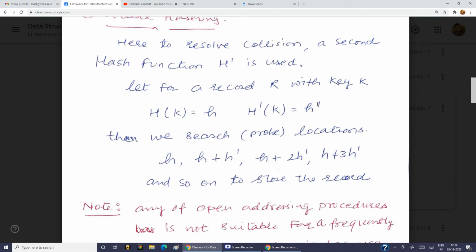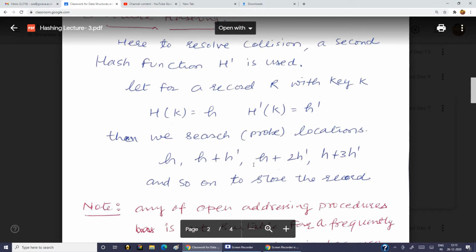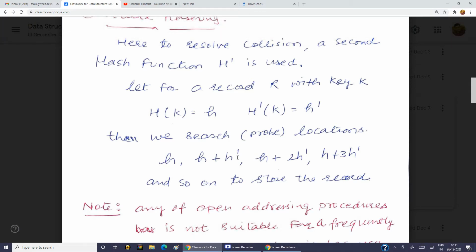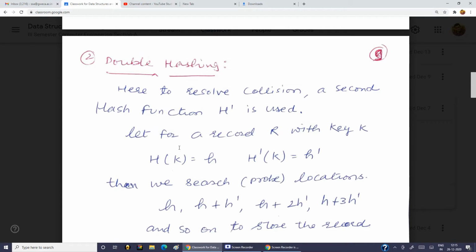So h dash k equals small h dash, and this h dash value is also dependent on the key. For different records, these values will also be different, and there will be no clustering in double hashing.